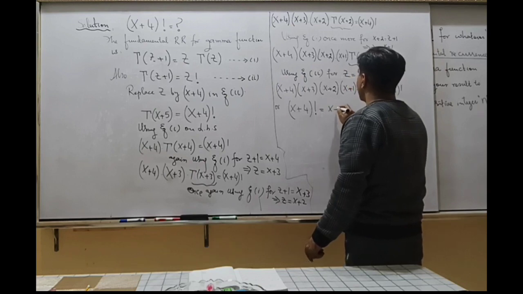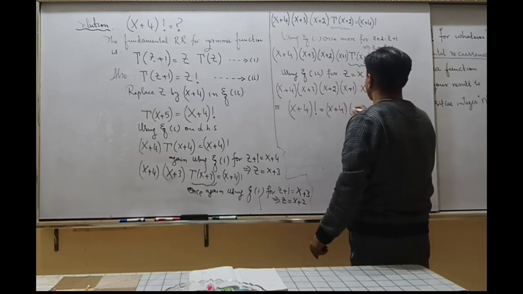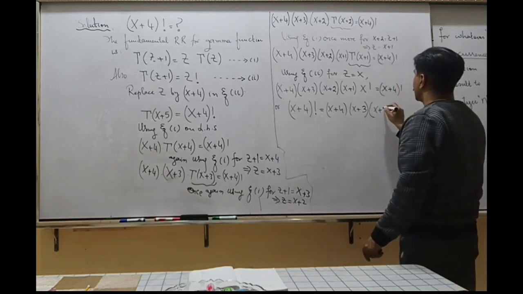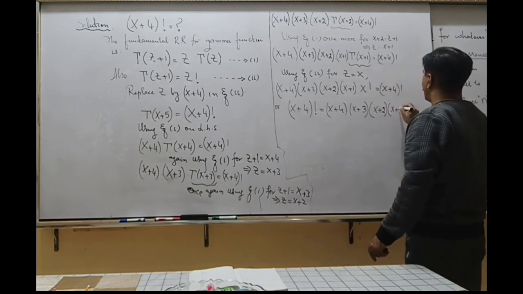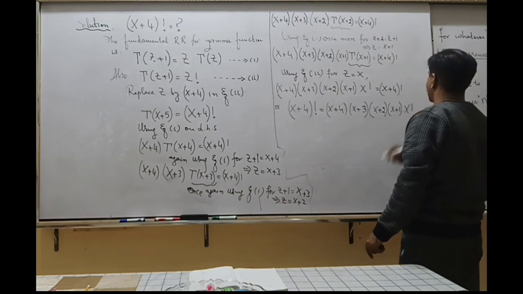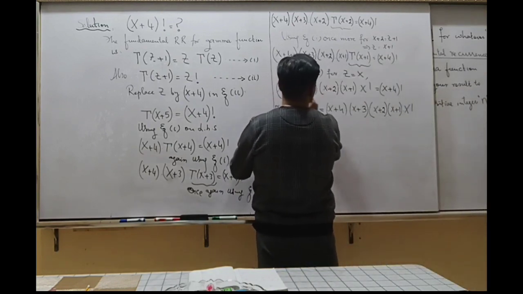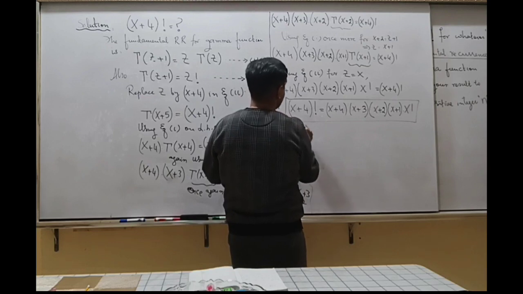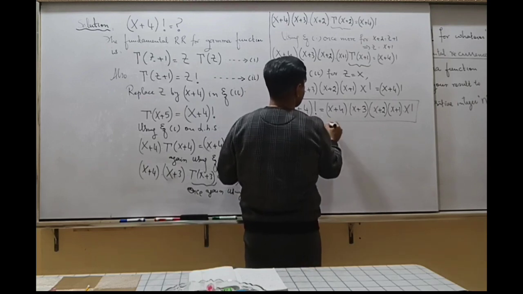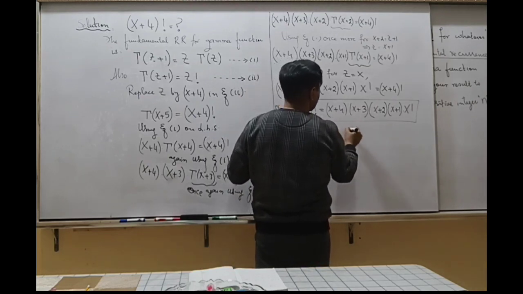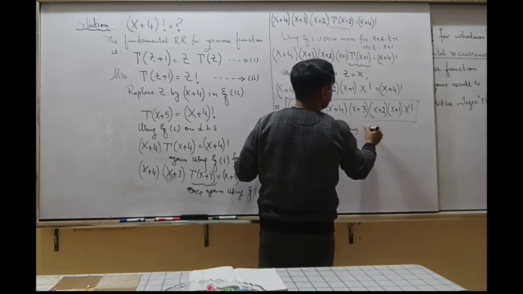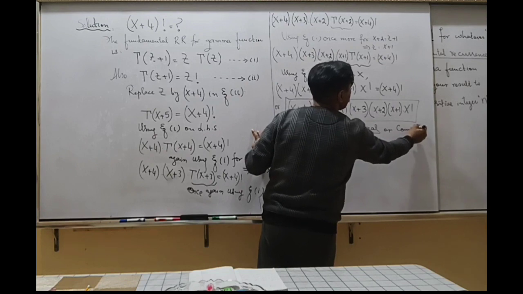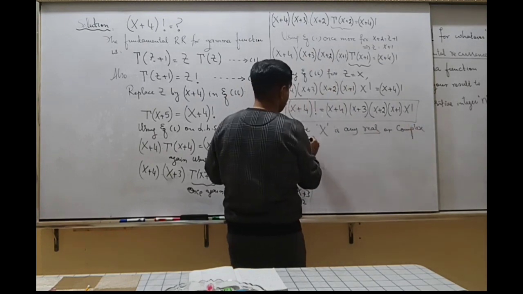Or you can write it as x plus 4 factorial is equal to x plus 4, 3, 2, 1 and x factorial. This is your result for x, where x is any real or complex number,